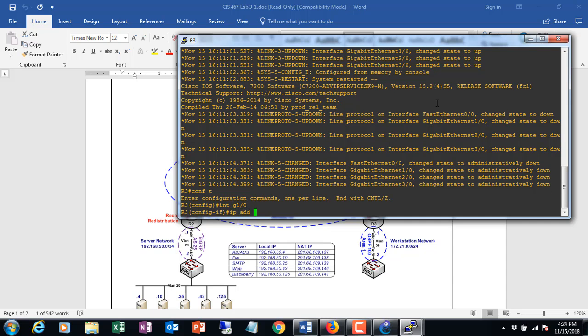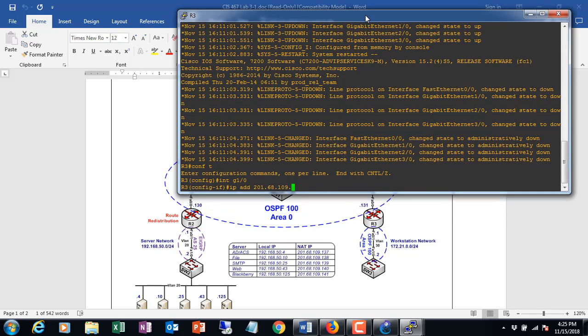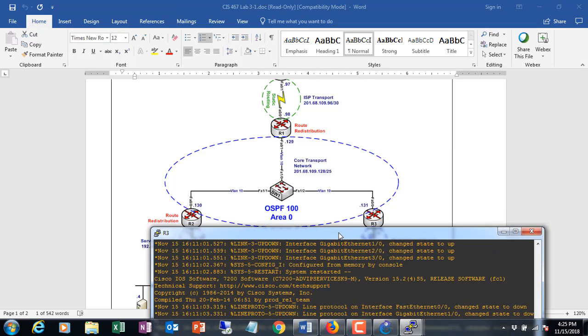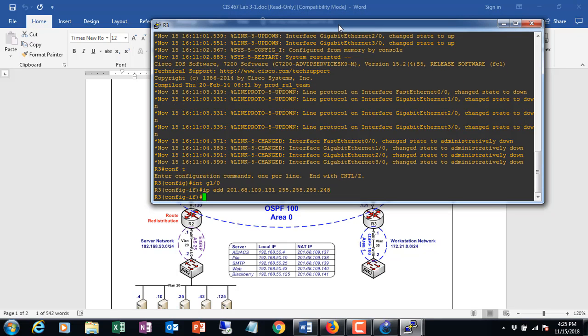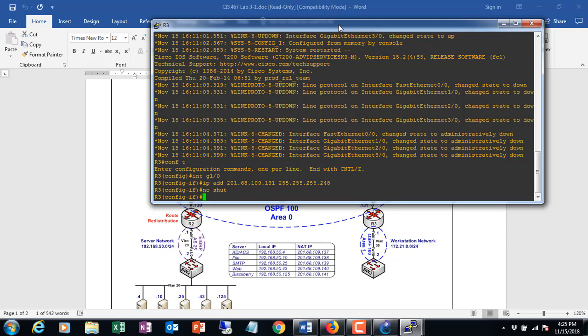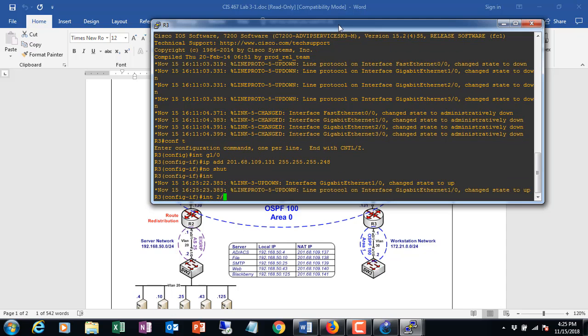IP add 201.68.109.131. Turn it on. And int 2/0, gig 2/0, sorry,